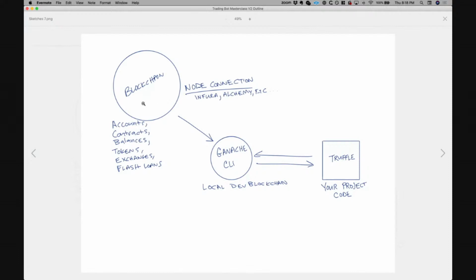Okay. So what that's going to do is we're going to have access to every single account on the blockchain without knowing the private key or the password or the seed phrase or anything like that, or the MetaMask account. We can pretend to be any account that we want to. We'll have access to every single smart contract on the blockchain, all the balances for these accounts, all the cryptocurrencies, all the tokens, all the exchanges, all the flash loans. We'll get all those on our computer, and we'll be able to manipulate it without paying any real money, without